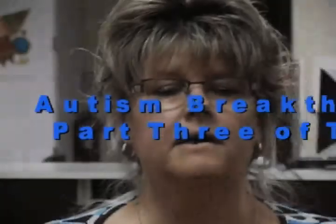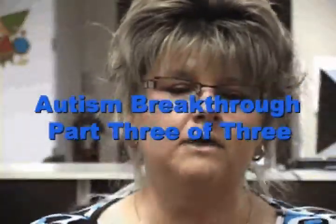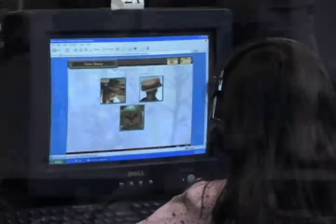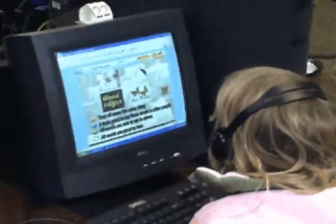The great thing with this program is I've used it with Knowledge First. I've used it with my first graders here at school for almost 2 years now. And what's great for me as a teacher is being able to look at the results of the tests. I can get a printout for each child. I can see how far they've gone along the program, and I can see specifically on one program if they're